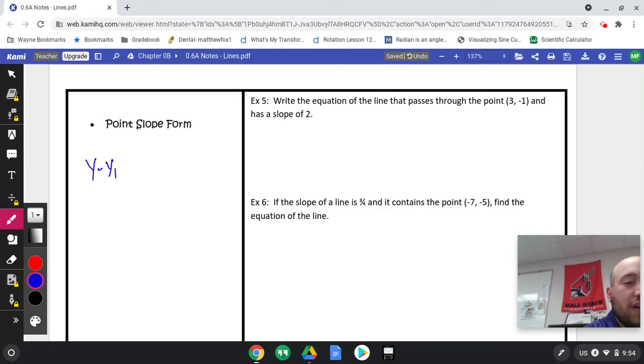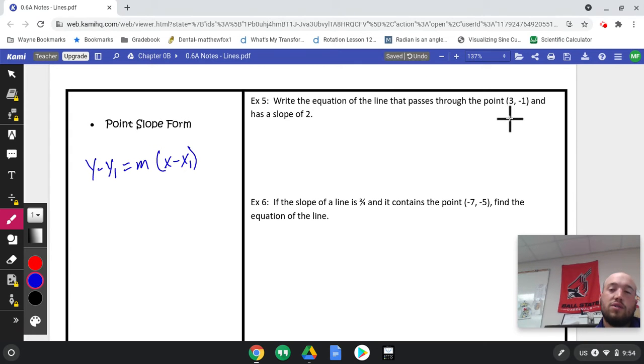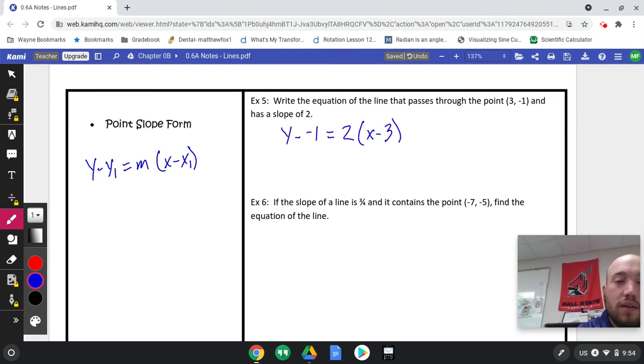So y minus y1 equals m times x minus x1. Okay, that's our formula. So we look here, which one's our y? It's going to be negative 1. That takes the place of y1. So we'll have y minus negative 1 equals, then we put our slope, which is 2, and then x minus x1, which is 3. Okay, so that'll rewrite as y plus 1 equals 2x minus 6,